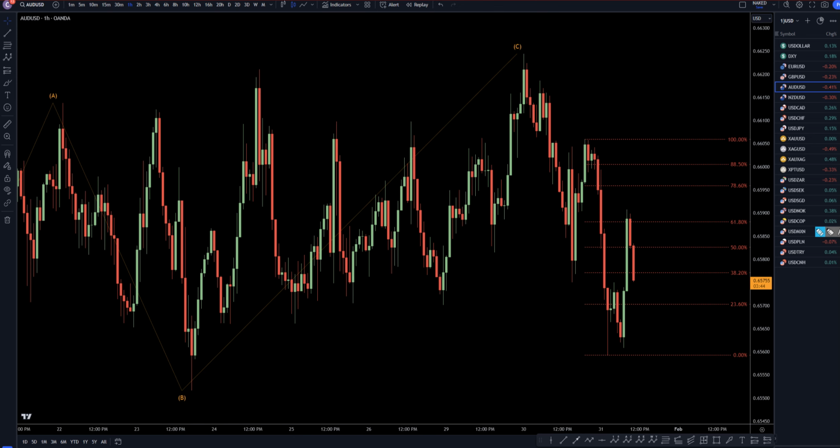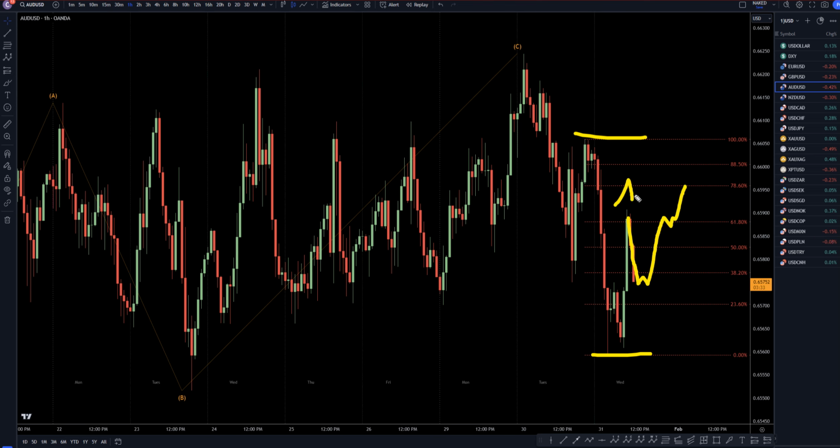1 hour time frame, I got my Fibonacci retracement on this last push up right here. We'll have to see. I mean, it is pretty impulsive down, but it kind of seems like it would drift up maybe one more time between now and the news. And if it ends up looking like this prior to the news coming out, then I would say that the news is extremely likely to cause this to continue the downtrend.